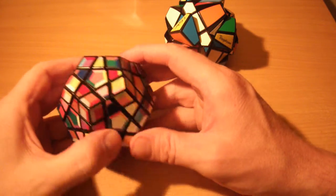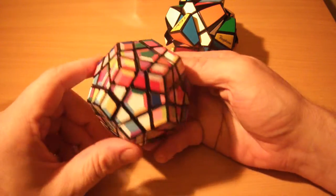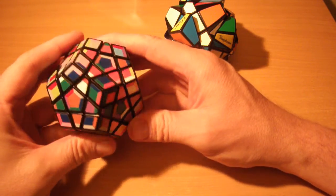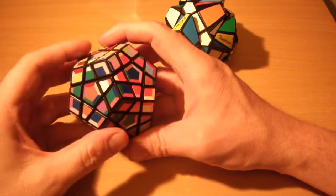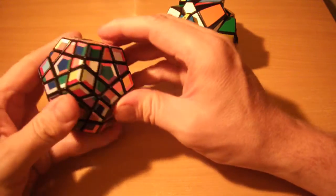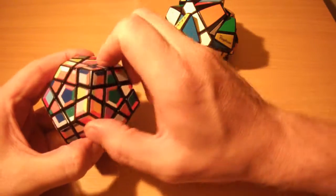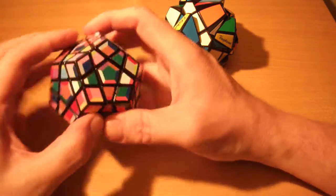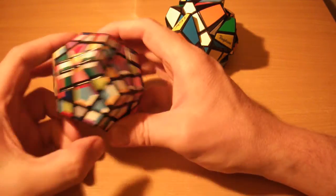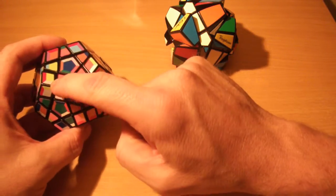And let's see, where's my white and orange edge piece? Well, I've got the white green there, let's do this one. So the green face is down here. If I put that there, I can then bring the slot it belongs to around, so there, put the green edge piece in there and take it back to the white face. Check my centres, make sure I haven't disturbed anything, everything seems still solved, and my final edge piece is here,